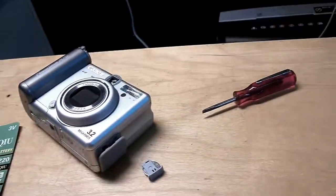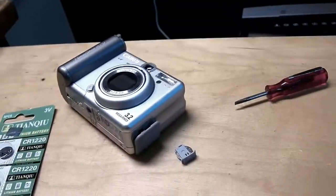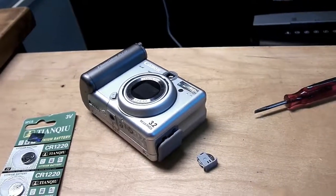Just replace the battery, pop it back in, put a new set of AAs in, and you'll be back to